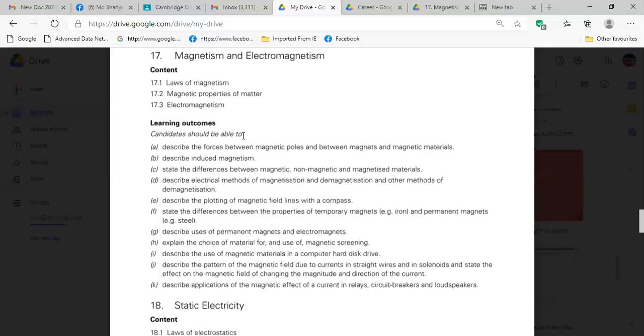Then after that you write the heading, magnetic materials. Then you write: materials which are attracted by magnets are called magnetic materials.